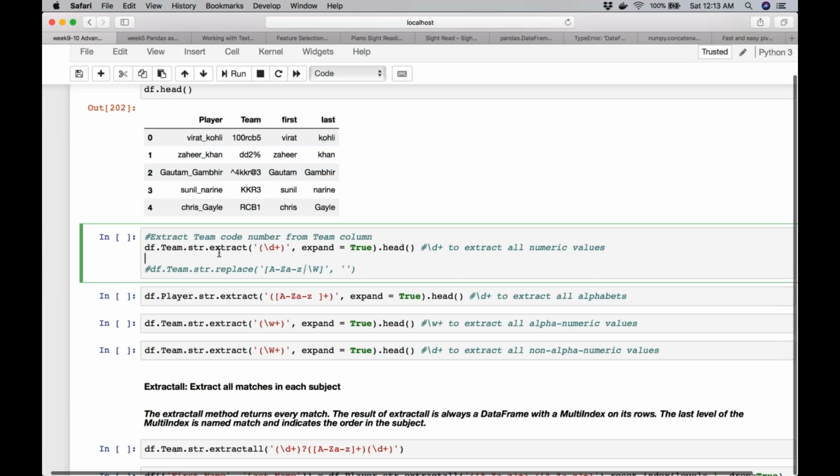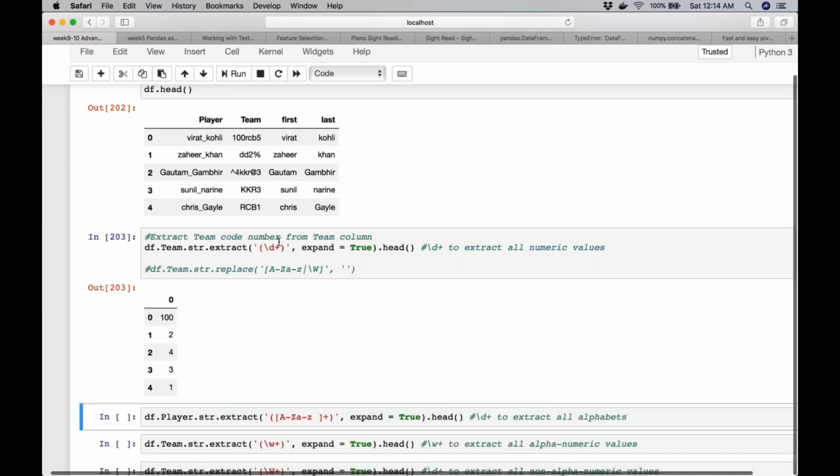I'm just using extract with different regex arguments so that all of it is clear. Anyone? Yes, it's only capturing the first group of numbers.